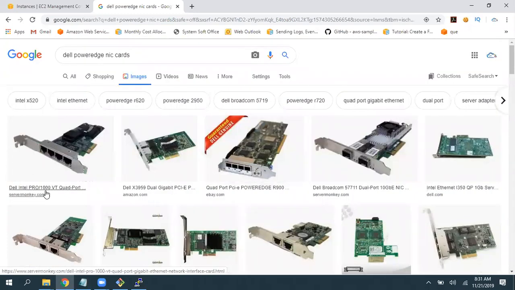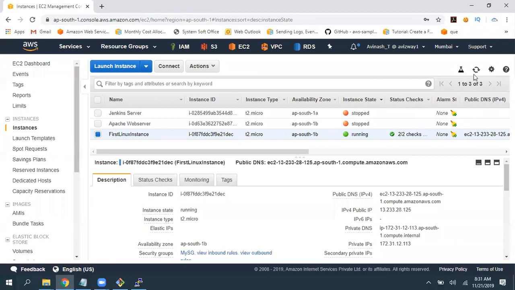So this is a Dell Pro with 4 NIC cards. Exactly the same way, I want to maintain multiple NIC cards for my EC2 instance. So why do we need multiple NICs? To scale the traffic, the data in and out from your EC2 instance or to your EC2 instance.